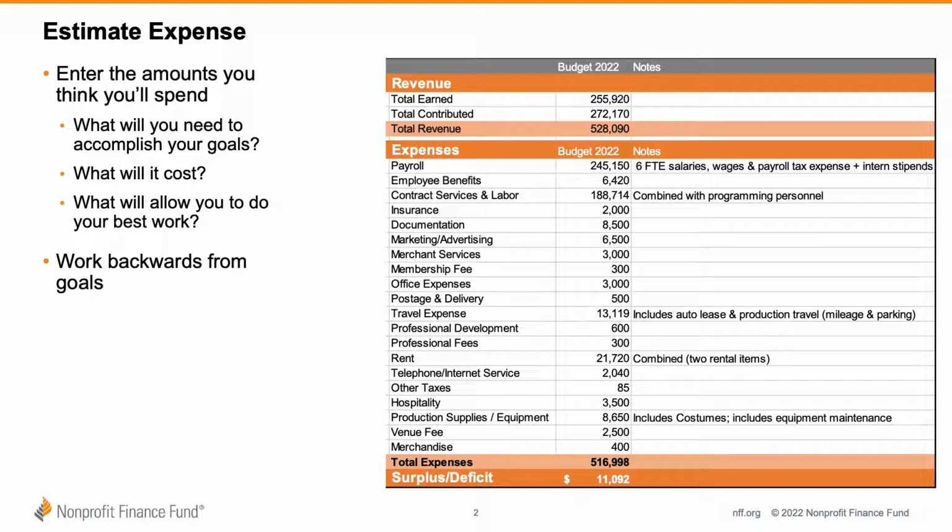When you start the process of estimating expenses, you may find yourself in one of two situations. The first is that you may be starting from a clean slate because this is your organization's first budget and you don't have a previous budget or historical information or track record to look back on. When you're in this situation and you don't have previous year's information to guide you, rather than make educated guesses, do some homework or research to help you estimate and come up with the budget figure.